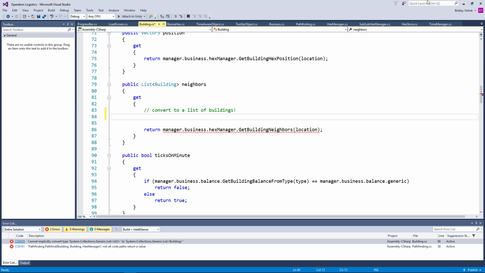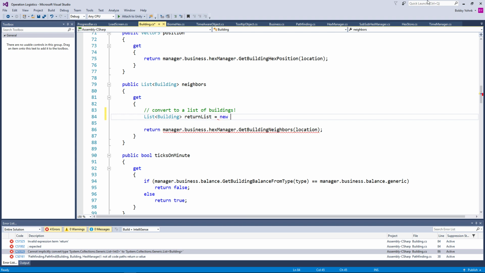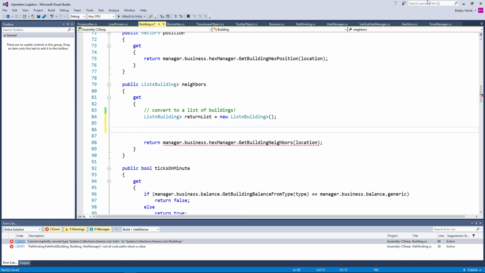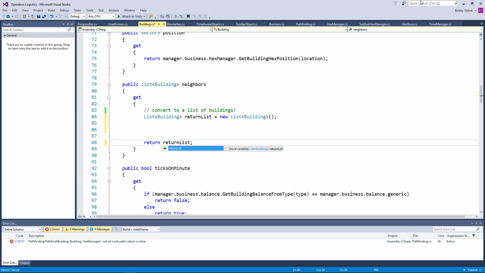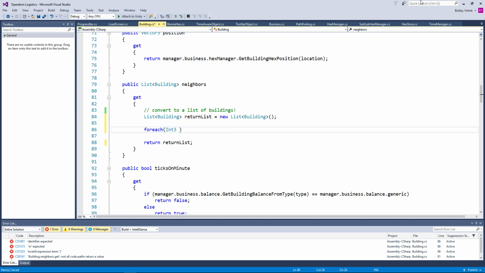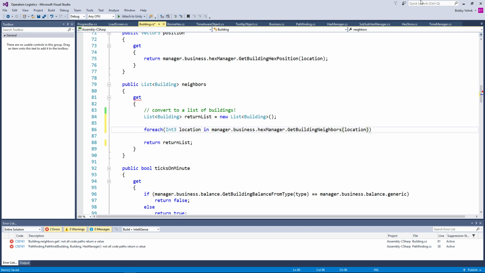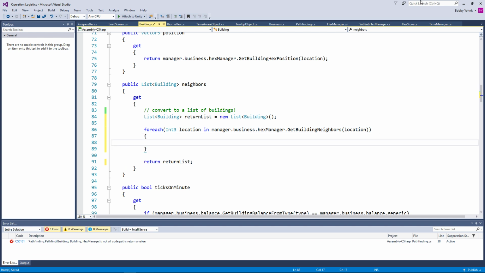To convert this to a list of buildings, the easiest way would be to just do list building return list equals new list building. And then we're just going to iterate through this list here, but we are going to return list. Okay, and then for each int3 location in that list, we will go ahead and do